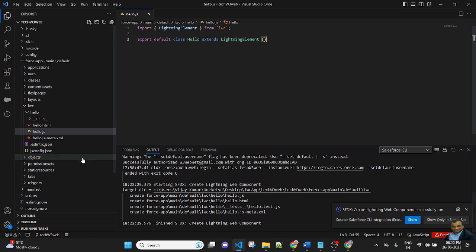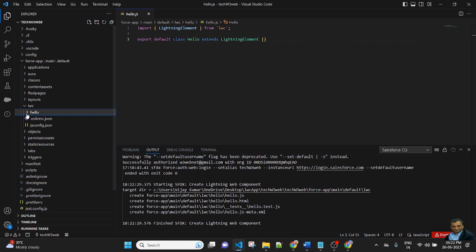If you see on the left side, the hierarchy is force, main, default. This is the main root folder, and in the force app there is an LWC folder, and in the LWC folder I created a hello component.